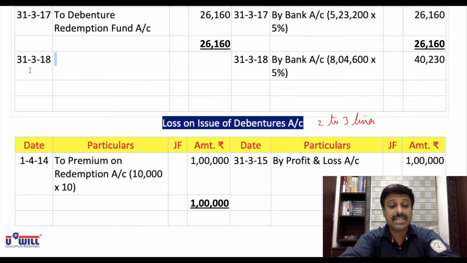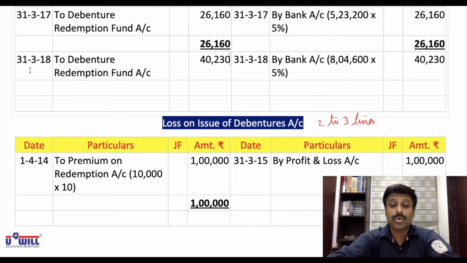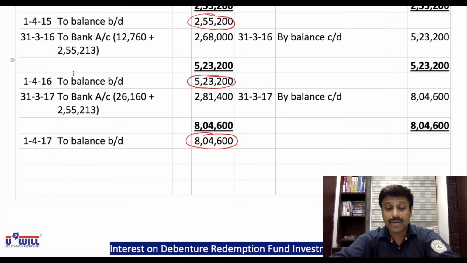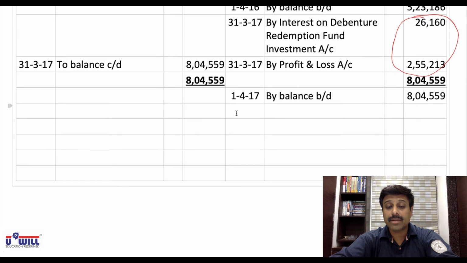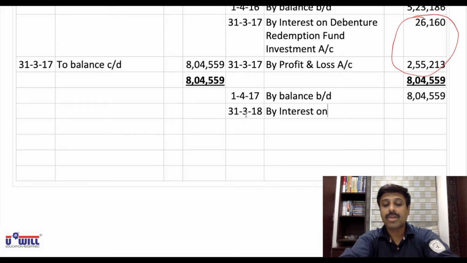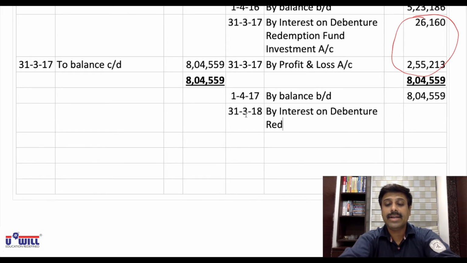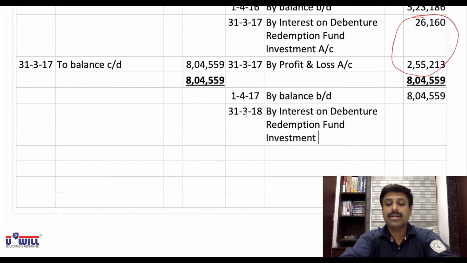Interest account debit means debit side to debenture redemption fund account 40230, and opposite side in fund account 31,318 by interest on debenture redemption fund investment account